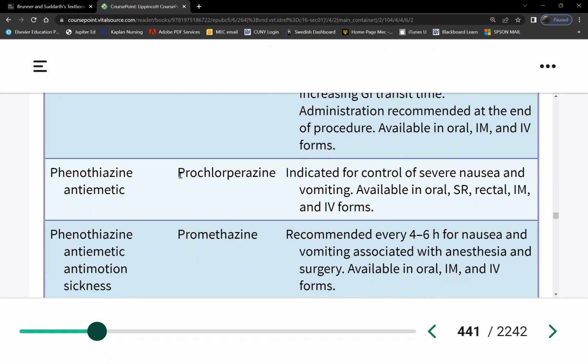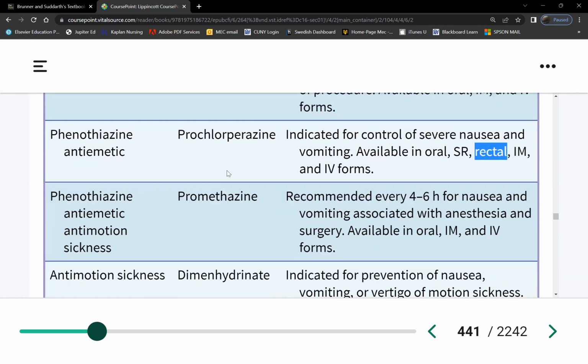Prochlorperazine, this is Compazine. The most available and the most frequent route this is given is in a suppository. This is common in cancer management as well, because is it wise to give an oral medication for someone who's nauseous? No. So in cancer management, let's say at home, we don't have an IV access, correct? So that's why we use Compazine. So in the ER, we use